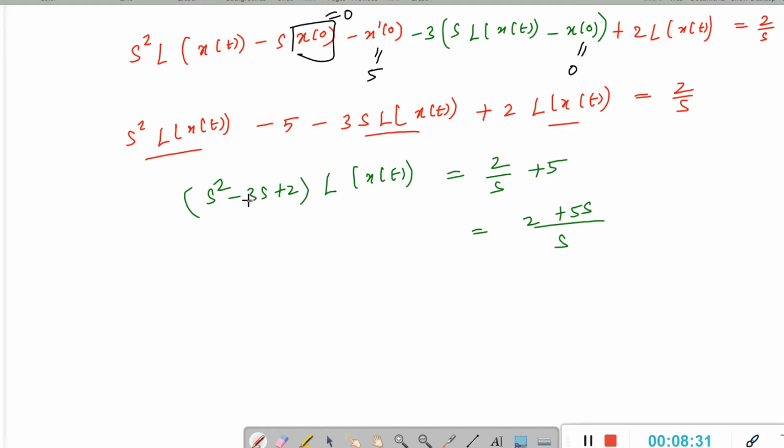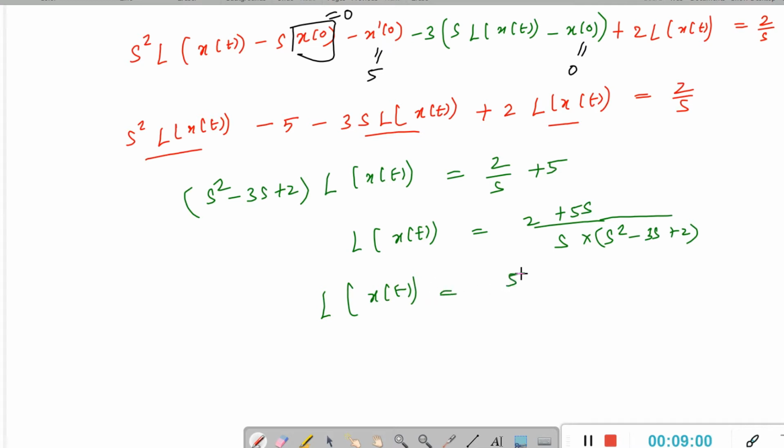This is the normal equation. This is the solution for this differential equation. So better you keep L of x of t on the left hand side. The remaining terms you shift to the right hand side. This term is going to be divided by the corresponding right hand side. That means you can rewrite s square minus 3s plus 2. So L of x of t